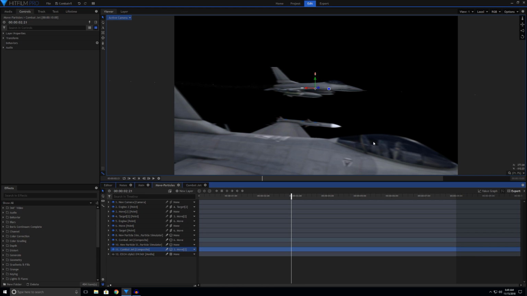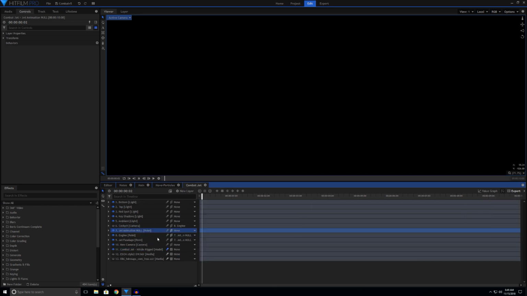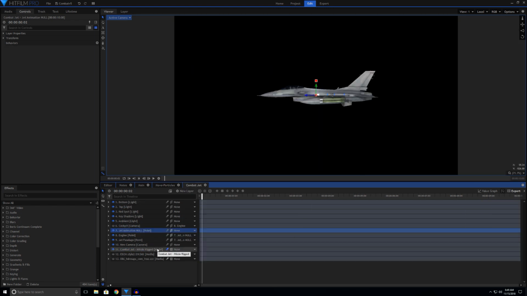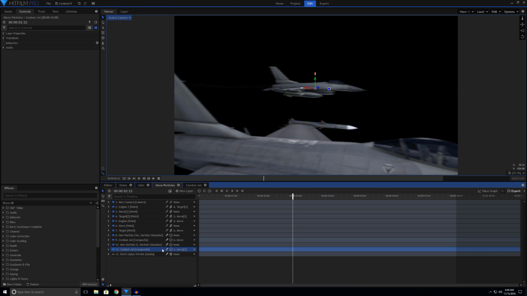Unrolled. Everything is unrolled. Now, this is totally weird. Notice now that I clicked the layer here. I went to this combat jet. I turned this into a 2D layer. I unrolled the comp to make it 3D, selected the motion blur. So now I have the motion blur and the jet is heading in the proper direction